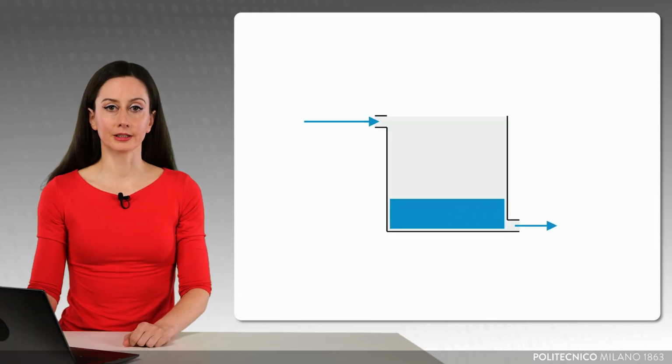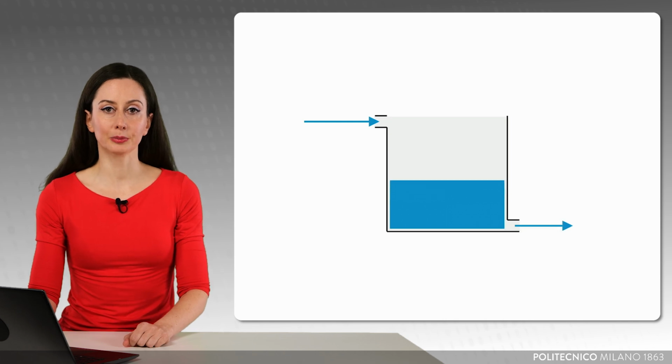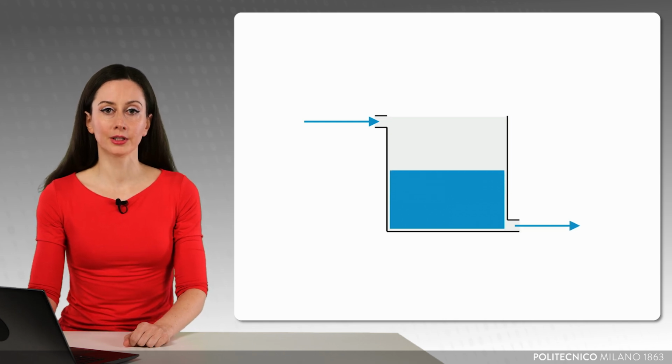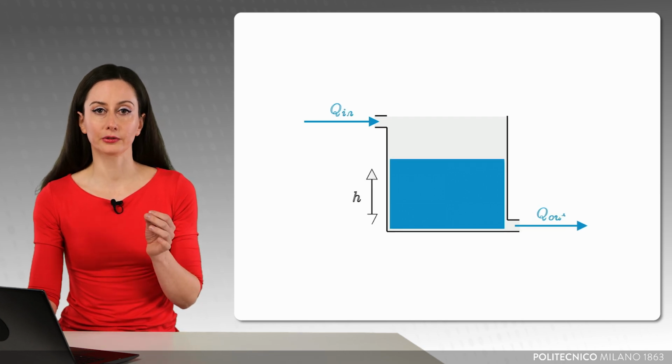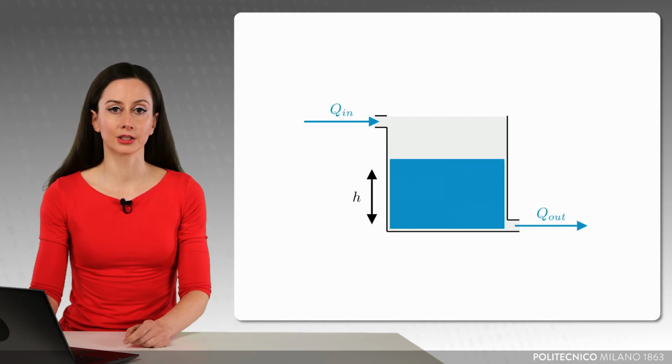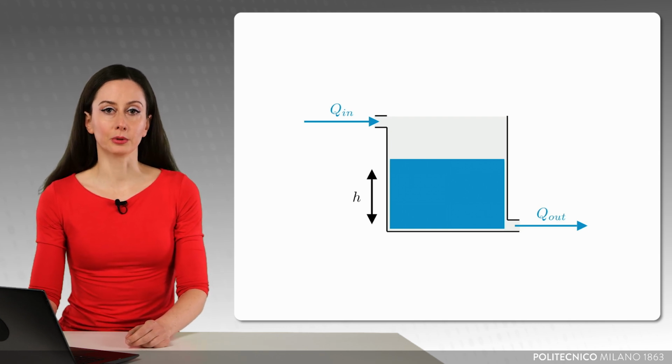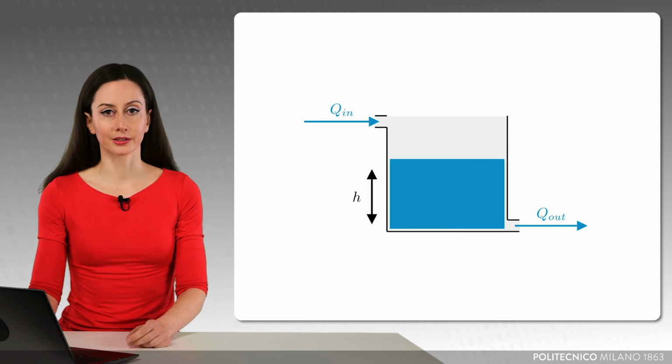In this first project, we want to model the water level in a tank. As you can see in the clip, we have an inflow at the top and an outflow from a hole at the bottom. And clearly there is a link between inflow, outflow, and the water level H. For instance, if the inflow is larger than the outflow, the tank will fill up and vice versa.